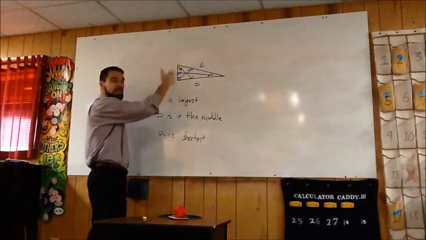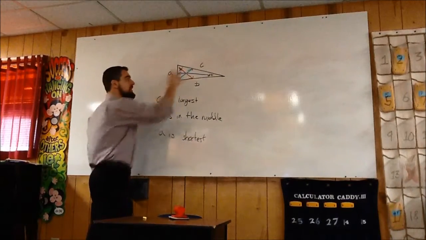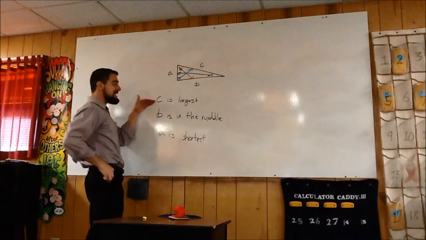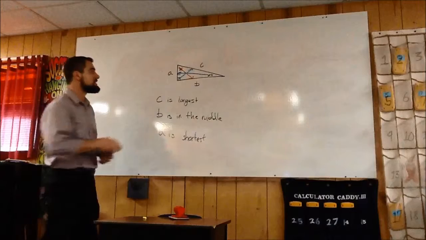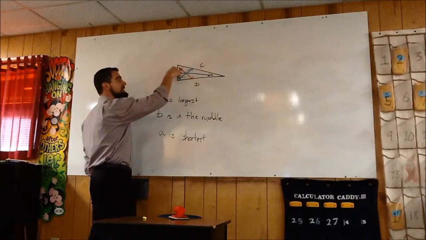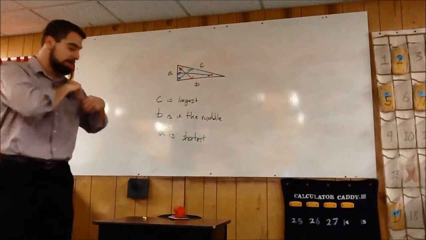Well, 90 degrees in a right triangle is always going to be the largest angle in a right triangle. That's why the hypotenuse is always the longest side. So C, that length, would be the largest, which makes that right angle the largest angle, and then B looks like it's in the middle because 70 is in between 90 and 20, and so on and so forth. And so,